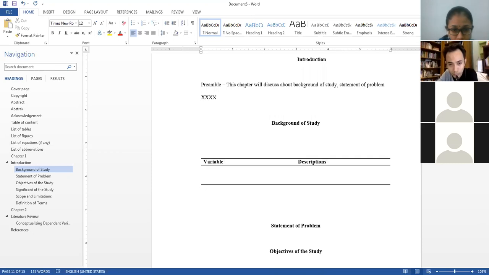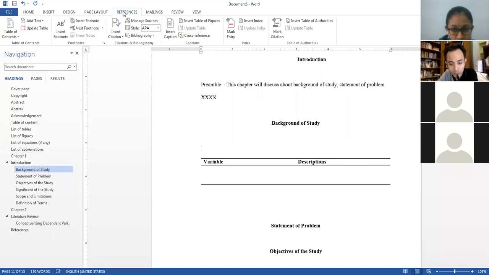By the way, when we use the Microsoft Word system, we can insert and number the name of our table automatically. For example, you just locate your cursor at the top of your table and then go to References, and click Insert Caption.